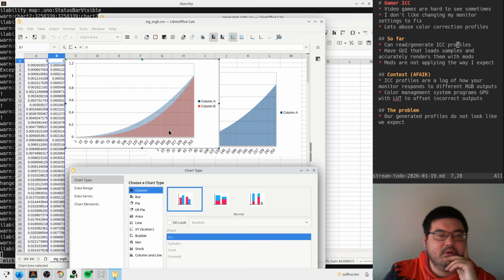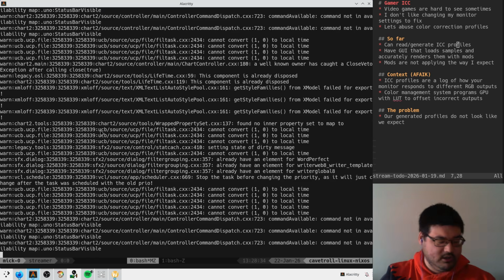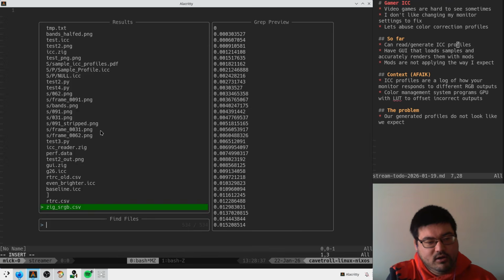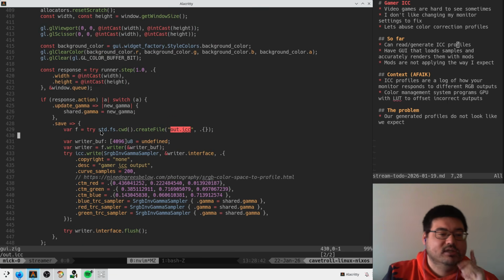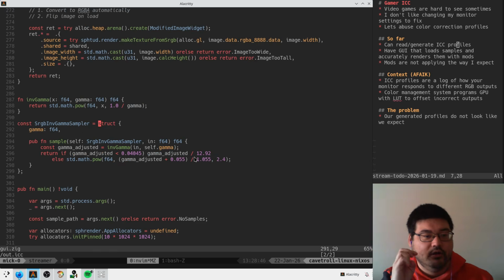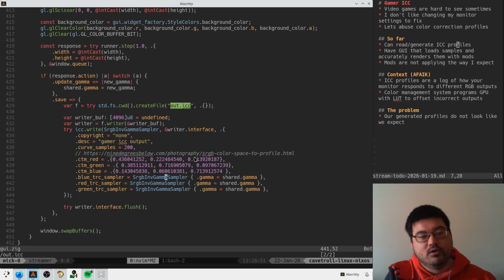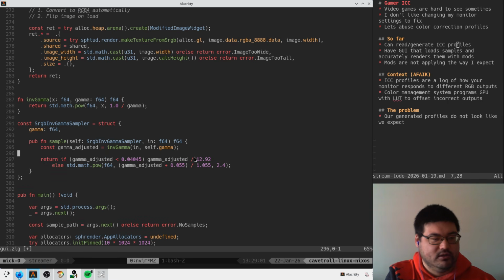Which is interesting because I would have thought that the transform that we are putting in the ICC profile is just the sRGB curve. Maybe we're doing something brain dead here. Can we look at GUI Zig out ICC? Like, who is doing this? Here. We are doing an inverse gamma sampler, which right here, we should be using the gamma parameter of 1.0. So with a gamma of 1.0, we should be generating something like this. Which we should be using like